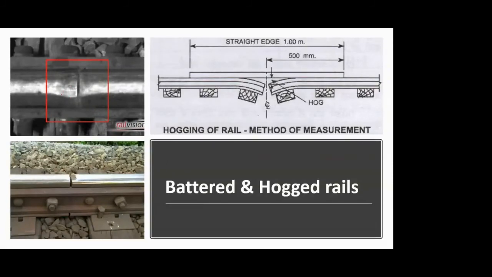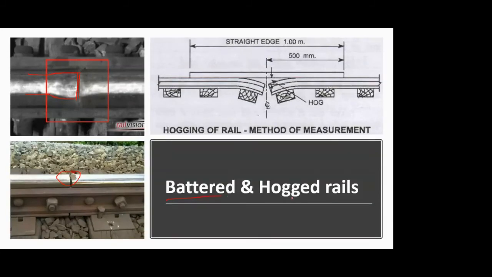At the joint section, just before this gap, this is the actual gap that we have maintained, and just before the gap the width of this rail increases slightly. It's like someone has hammered on this part. So this hammering action or this increased width, what you can see here, that is nothing but battering of rails.